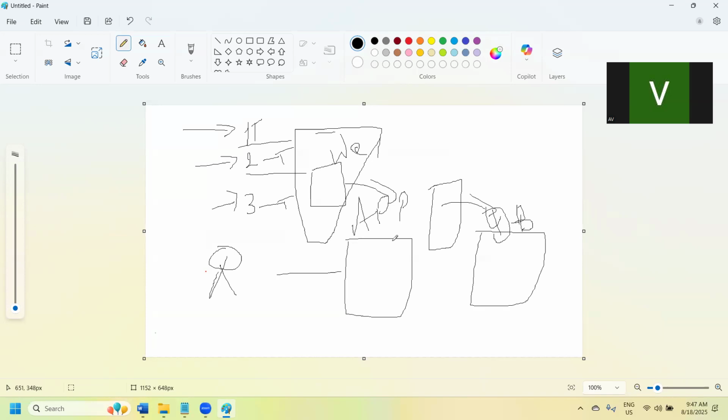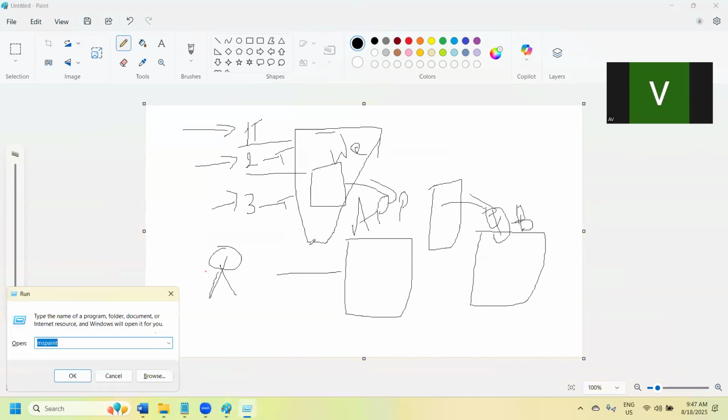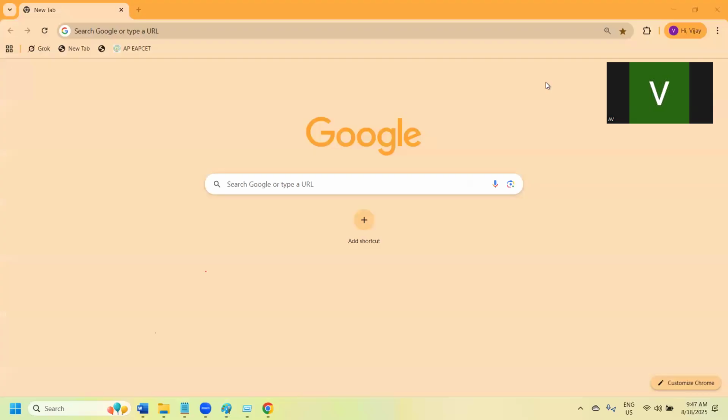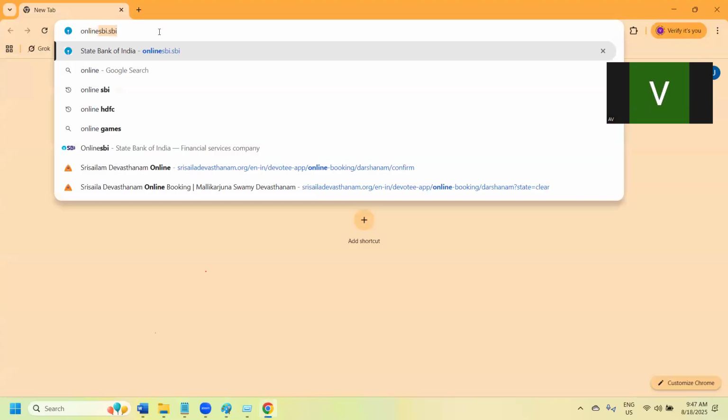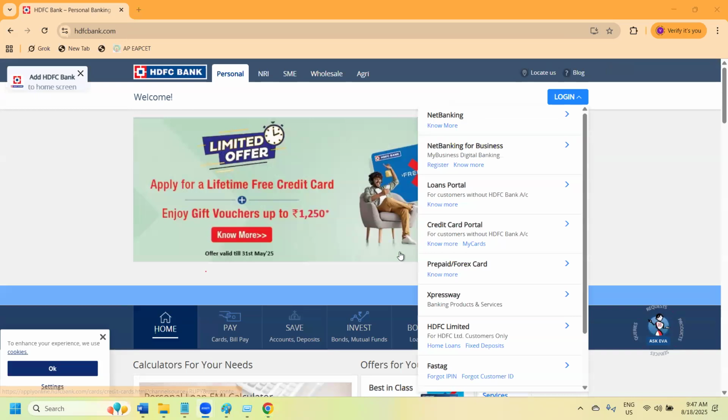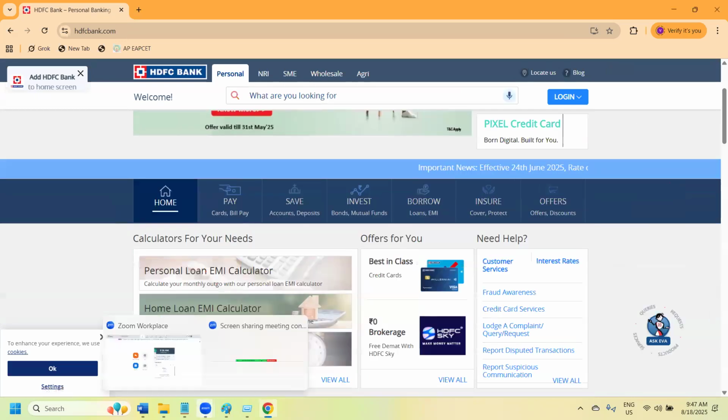Now the application layer. In order to develop code, let's take an example of online HDFC. If I go to online HDFC, let's open one of the web pages. If you open this page, in order to develop this page, you must have knowledge of